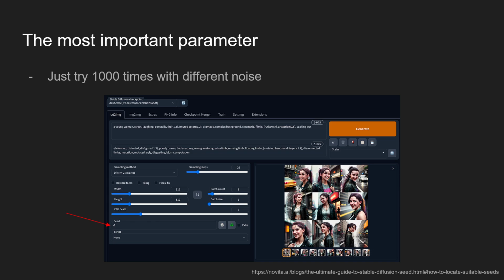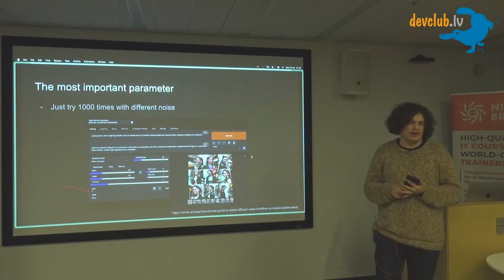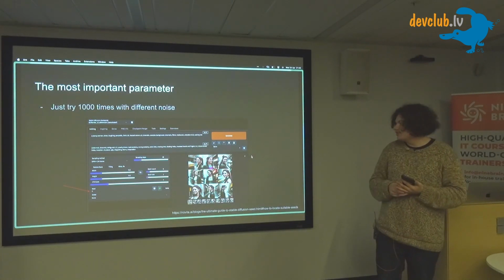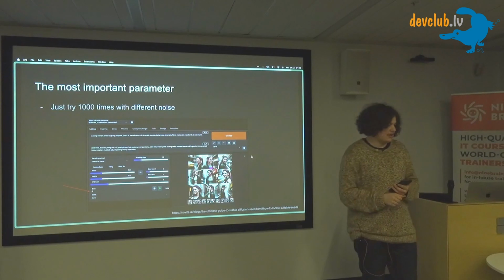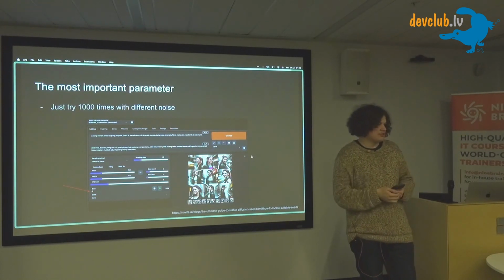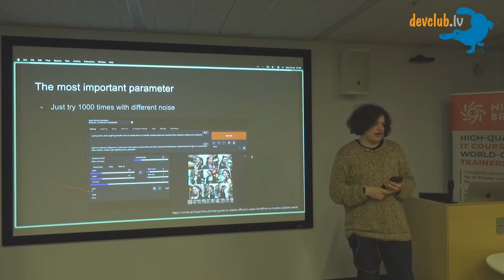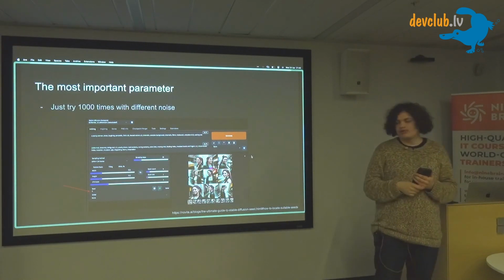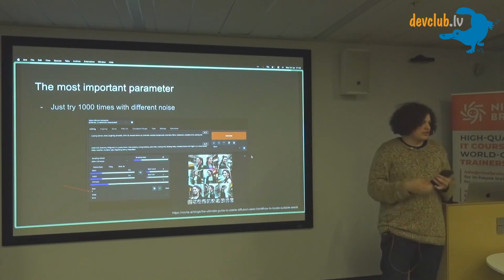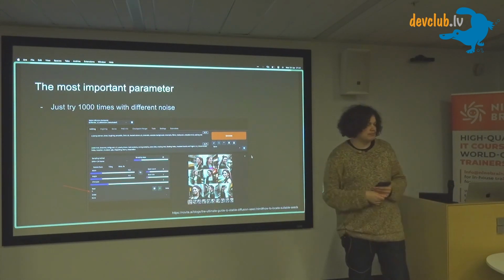Now I'll tell you a story. Last month I gave my friend an Automatic1111 interface. This guy does not understand how to generate images, and I told him to just tweak some parameters to understand which parameters are the most important for image generation. After 2 hours, he told me, I found the one parameter, the grail, the most important one. I told him, please show me the parameter, and he showed me the seed, the random seed of the generation.